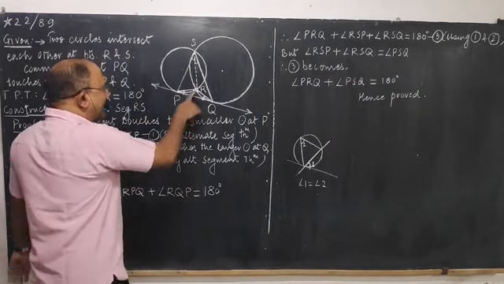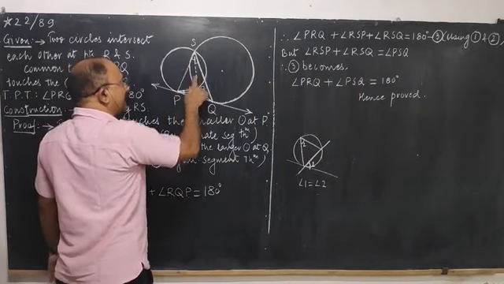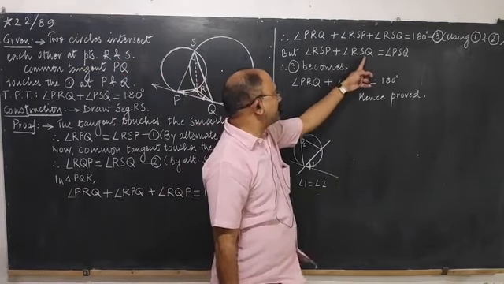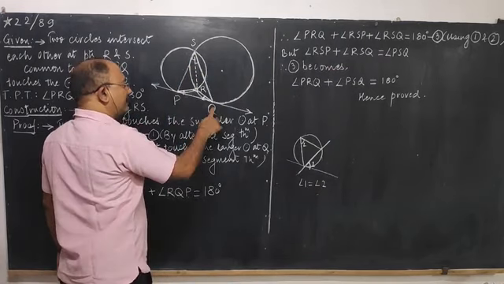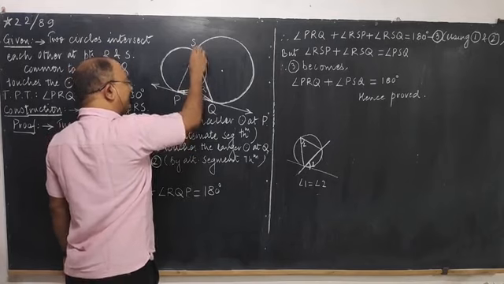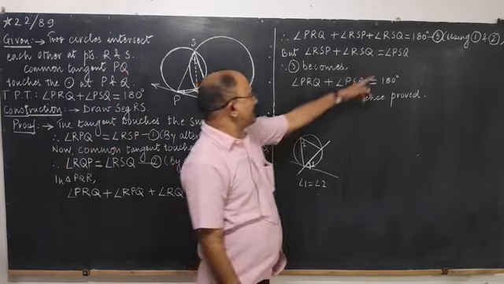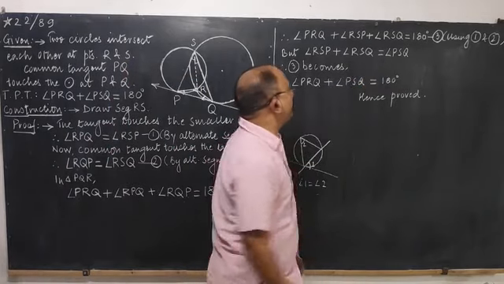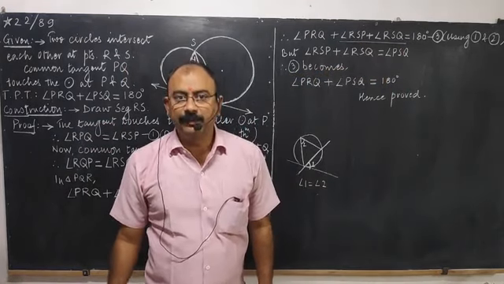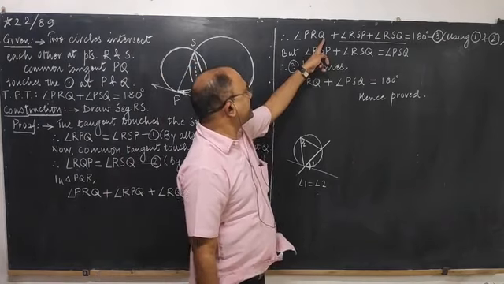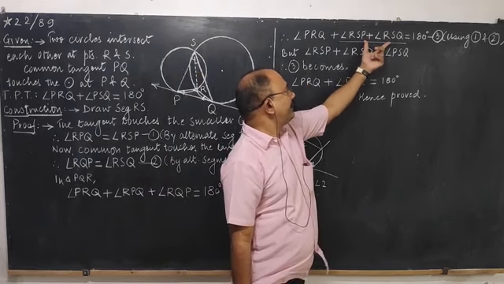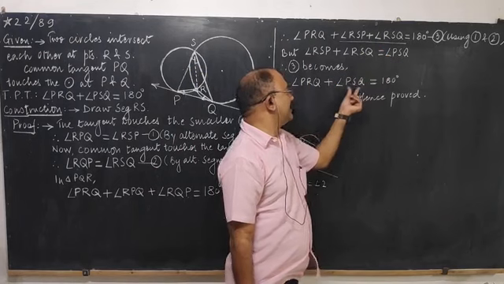But angle RSP plus angle RSQ, here also I have written RSP plus RSQ, that comes out to be angle PSQ. RSP इधर वाला एंगल, RSQ इधर वाला एंगल, दोनों को ऐड करेंगे तो you get angle PSQ. So the sum of these two angles is equal to angle PSQ. So this sum will be replaced by PSQ. Okay, that sum will be replaced by PSQ. So this equation 3 becomes: this angle remains as it is, but this sum is replaced by its equivalent PSQ. So we are writing PSQ.